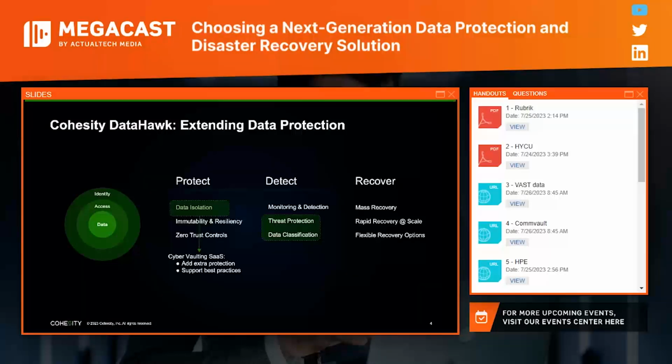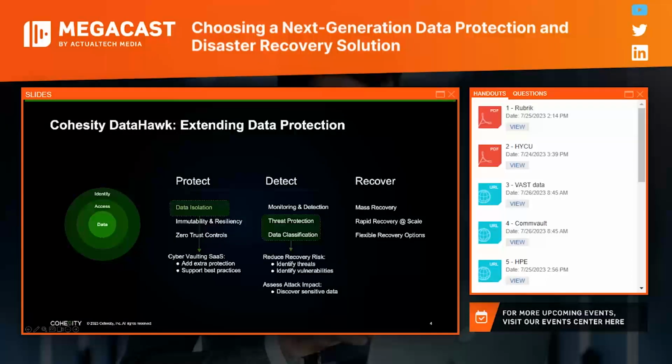Cyber vaulting is essential because it allows organizations to retain, recover, and be resilient against ransomware. In particular, ransomware that could target your backup environment. Attackers rely on their victims not having a valid and complete backup to force them to pay the ransom.